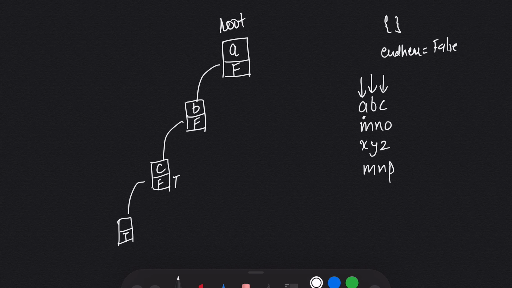Now I came to M. So again I start with root and I check we don't have M here. So we are going to store it here. So we added M and the word does not end here. So we'll make another node. I come to N and again I store N and it does not end here. I come to O and in the same way I store O